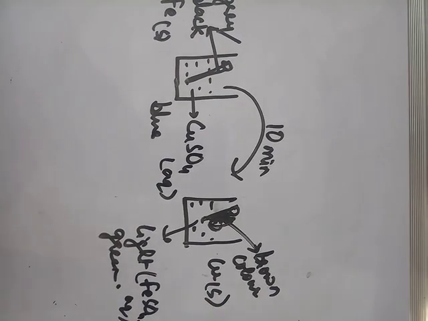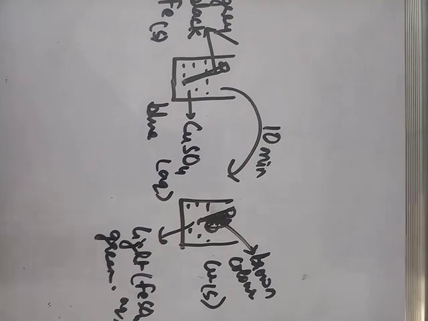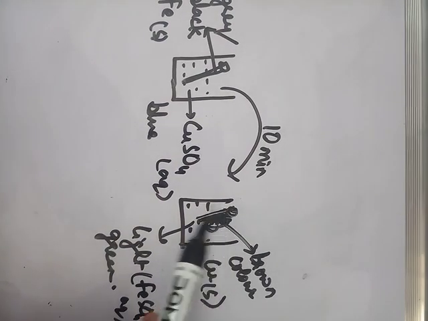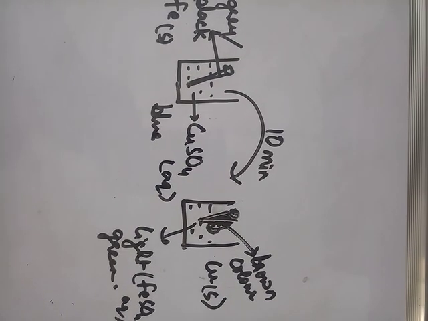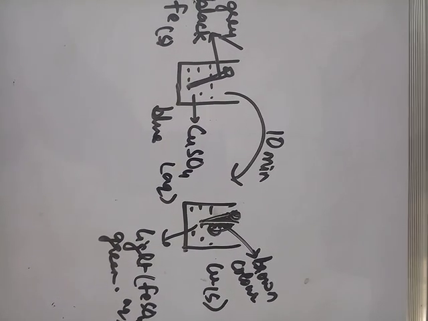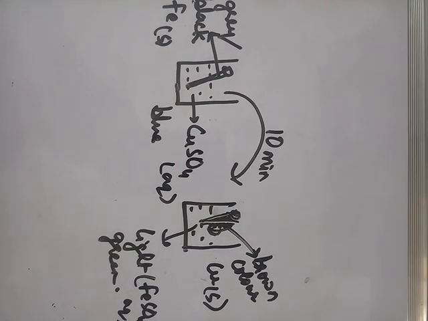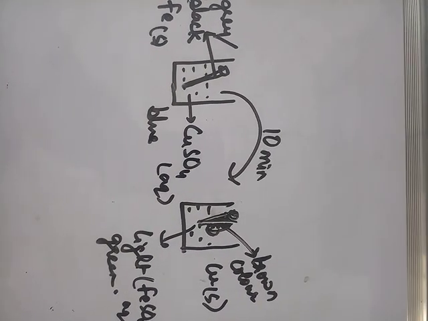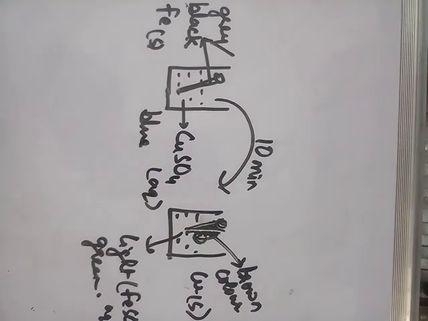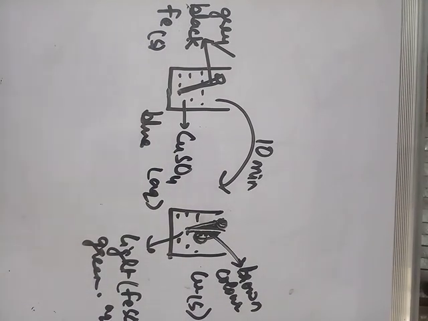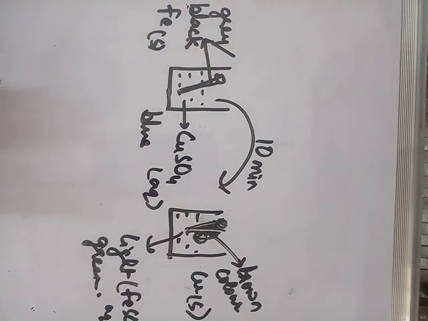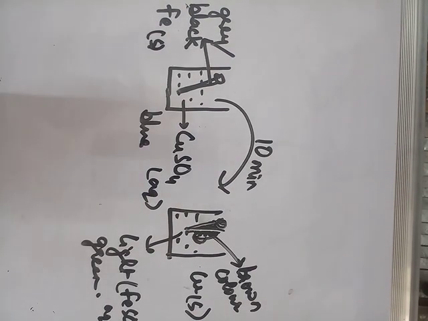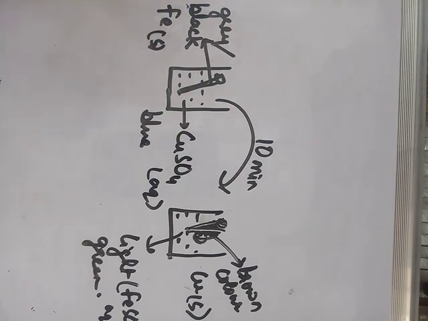You might have seen copper wires and all, no? So copper is of brown color, so that will get deposited on this iron nail. This way we can see a very prominent change: we can observe the change in color and the formation of a solid metal layer on the iron nail. This is a very common question which can be asked in the board: why there is a change in color, which compound has been formed, and why this has been possible.